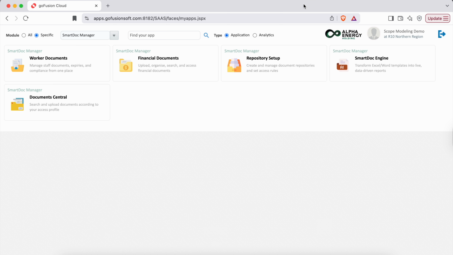Welcome back. In this video, we'll demonstrate how to set up document repositories in the system step by step. Document repositories are essentially logical containers where all your uploaded or maintained documents are stored. Every document in the system lives in a repository, so creating and managing these repositories is crucial for organized document management. To get started, go to the Smart Doc Manager module or simply search for Repository in the search bar